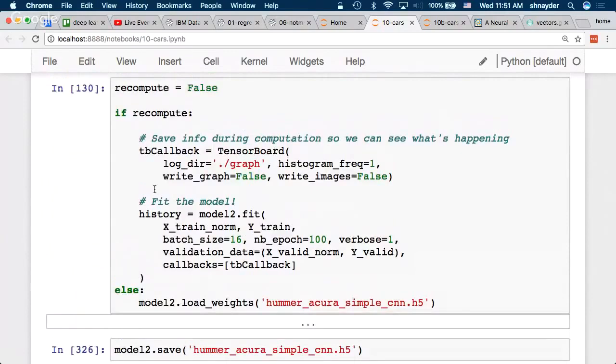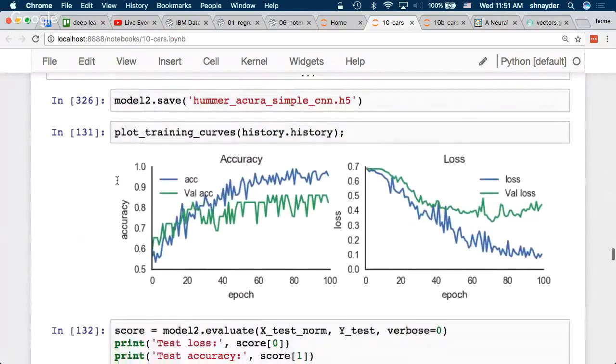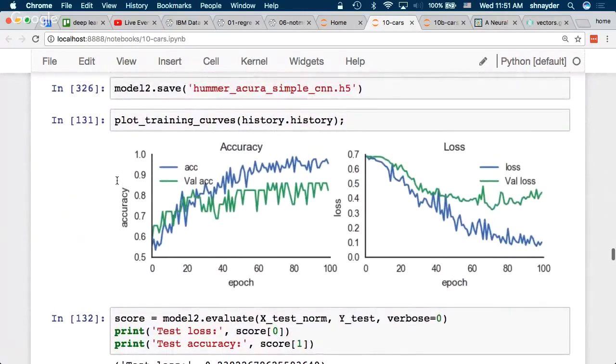Was using TensorBoard just to make sure, get all that stuff set up so you see what's going on. Train the model. And yeah, we're getting something like 85% accuracy or 80% accuracy. It is overfitting somewhat, not too surprising. But yeah, 85% accuracy with 95 training examples on vision data.